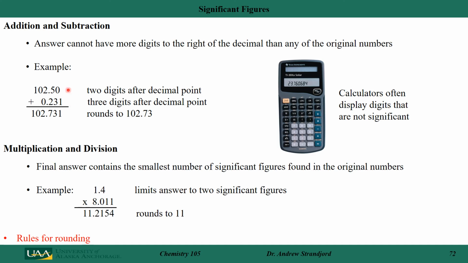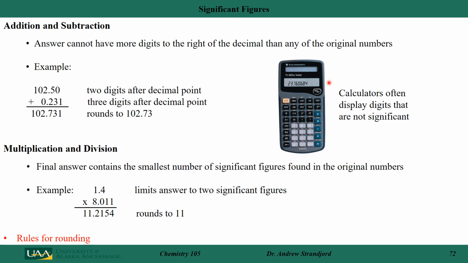So let's say I add two numbers together where I have 2 digits to the right of the decimal point on my first number and 3 digits to the right of the decimal point on my second number. When I add those together, I cannot include this last digit to the right of the decimal point in my answer. I need to round it. In this case, because it's so small, I'm going to round it down to the 3 here, so my answer will be